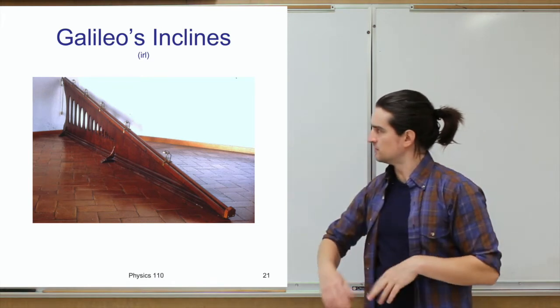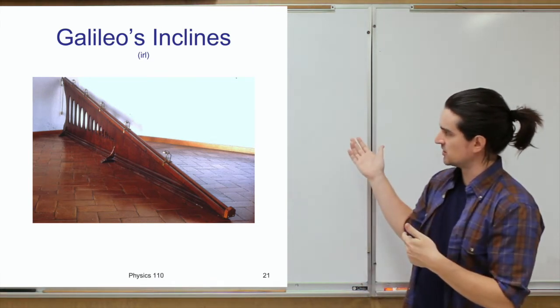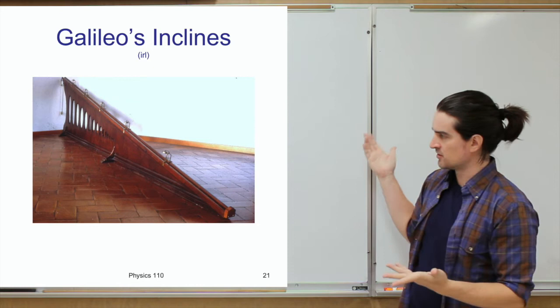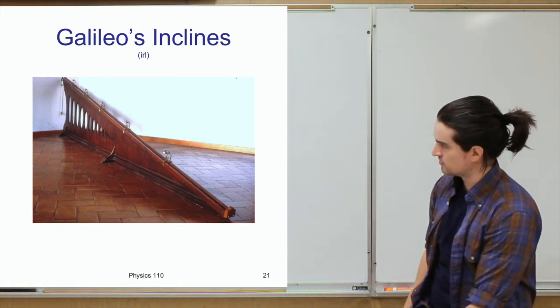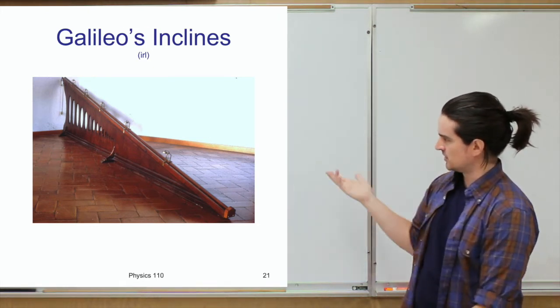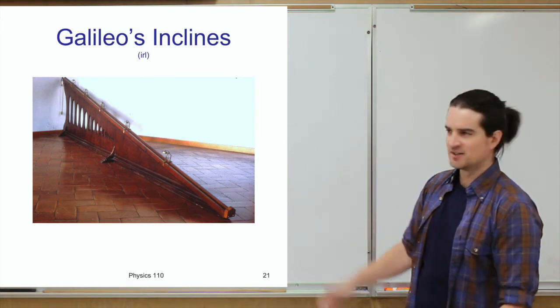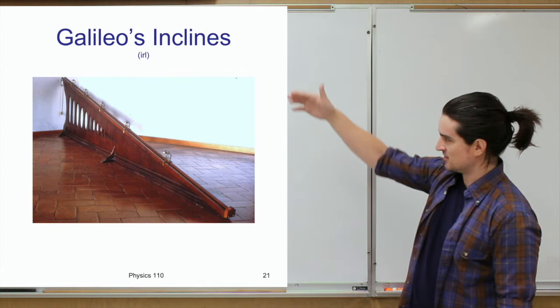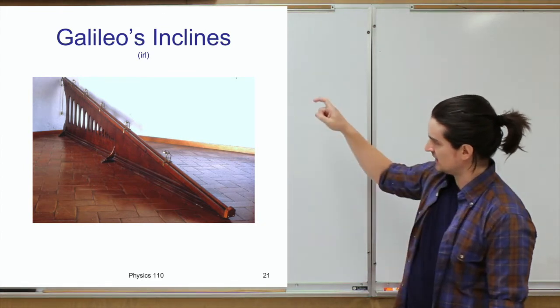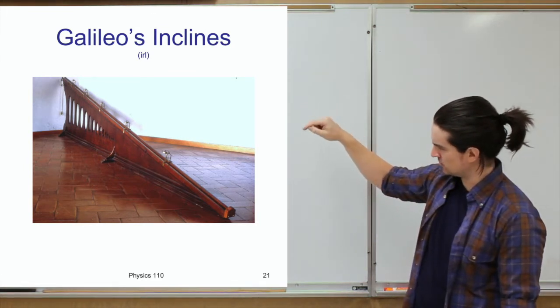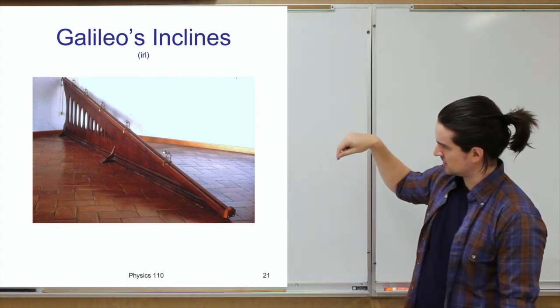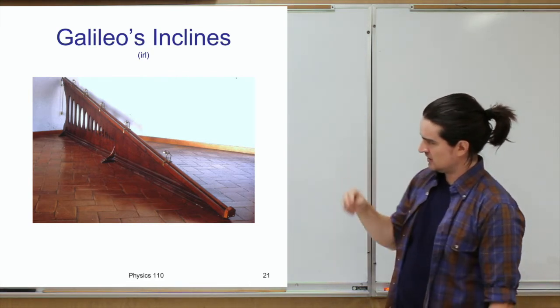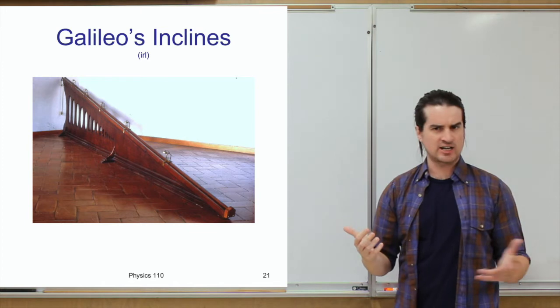And just for some historical interest, this is an image of one of the inclined planes that Galileo used. I believe it's in a museum somewhere. You can see it's just a sloped surface, and he had these, I think those are little bells, at different positions along the plane, and he used a number of things to actually try to measure